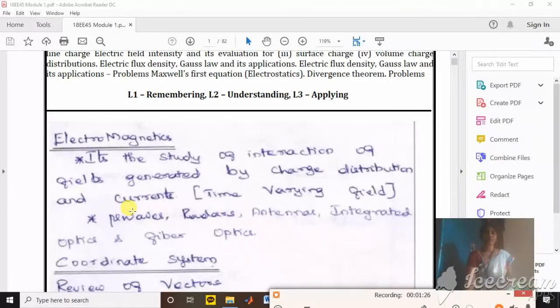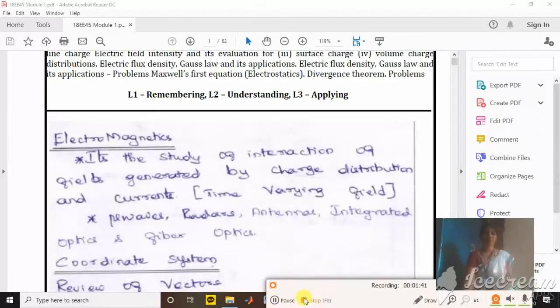Next, there are two types of analysis we need to do. One is for the steady state field and another one is for the time varying field. Usually the steady state field is the basic analysis that we have to do, but slowly we have to apply it for the time varying field. Always our final analysis should be done only with respect to the time varying field, but whatever we read from module 1 to 4 will be dealing only with the steady state field, and what is the exact modification to be done for the time varying field in case of your application.